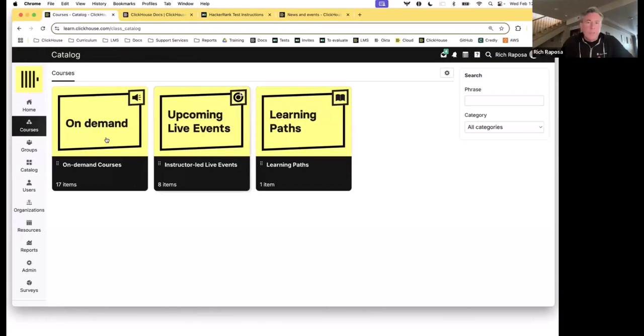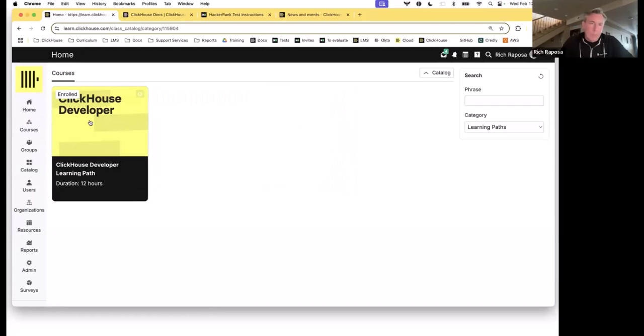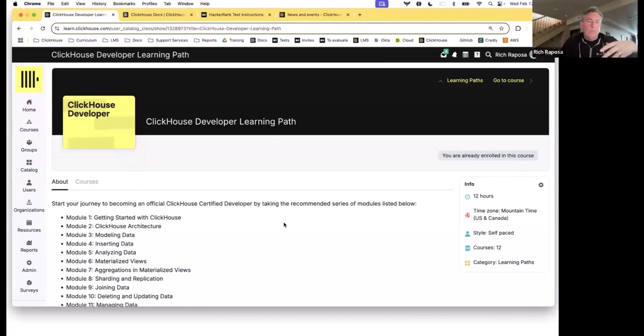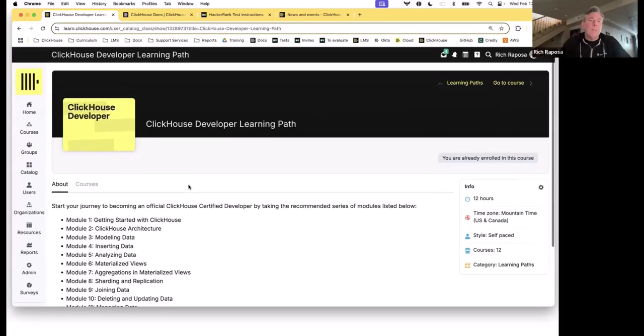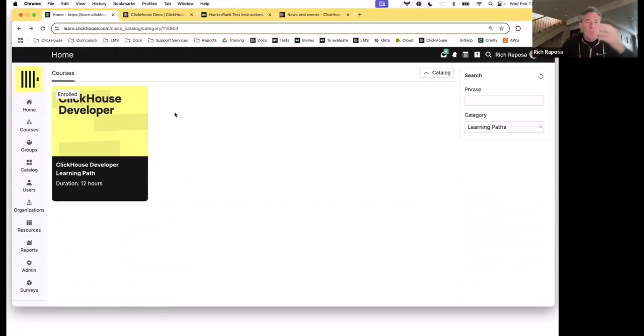The training is this developer training that we have. If you go to learning paths, we have a learning path called ClickHouse Developer. It consists of 12 separate smaller trainings. They're just little courses that put together make this entire developer learning path. This is the exam. Everything in these 12 modules is covered. It covers everything that's on the exam. And so if I go back, by the way, you can enroll in all 12 courses